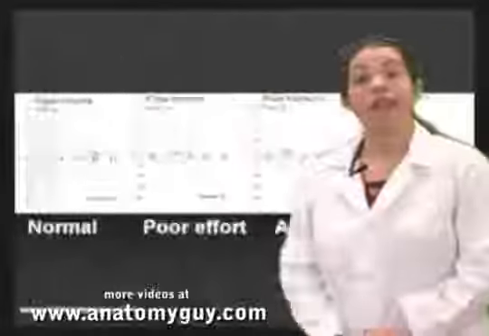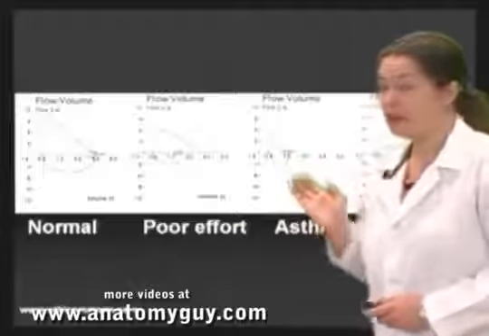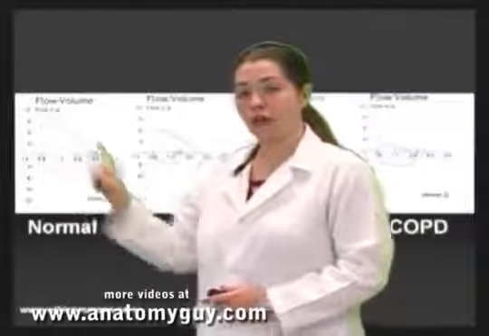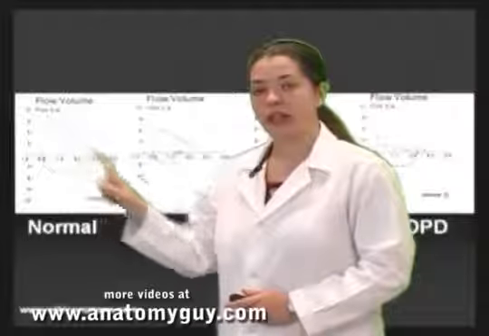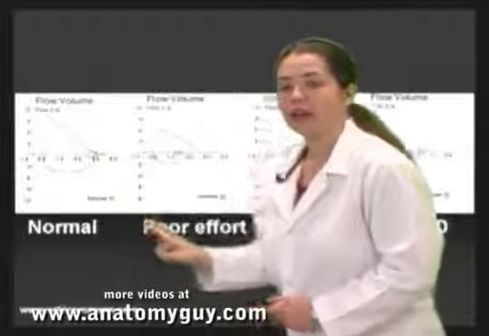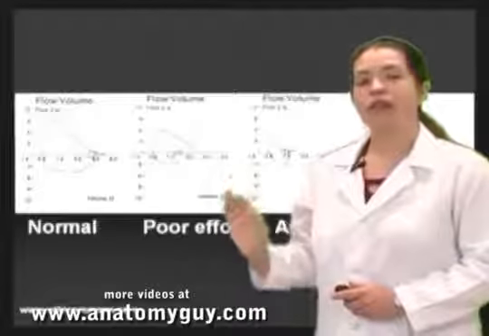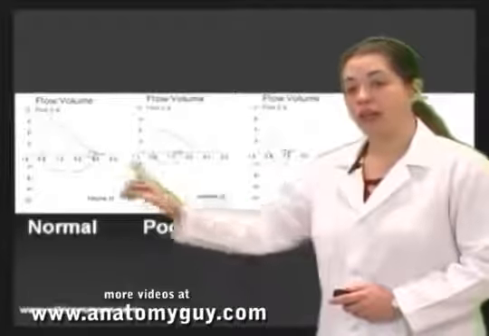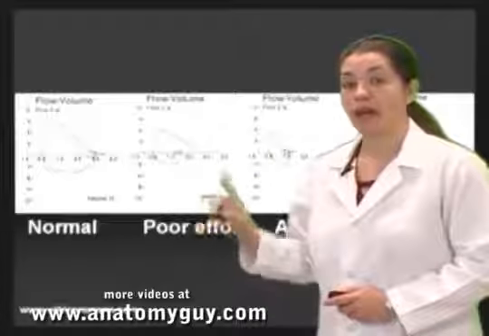Let's look at a few different kinds of spirometry curves side by side so we can compare them. Over here is our normal curve. As you can see, our FEV1 is up here, and our FVC is down here. Now here is poor effort, and as you can see, we can't tell whether or not their lungs are normal. They could look like this or this, but they really need to have a proper effort to get an accurate